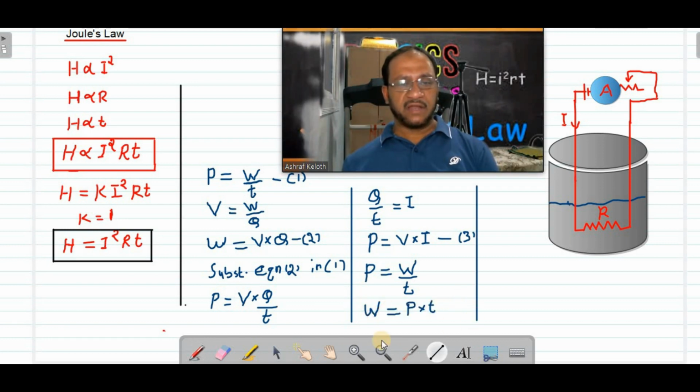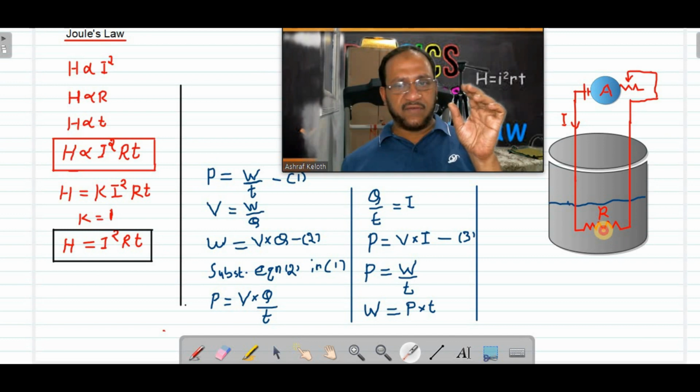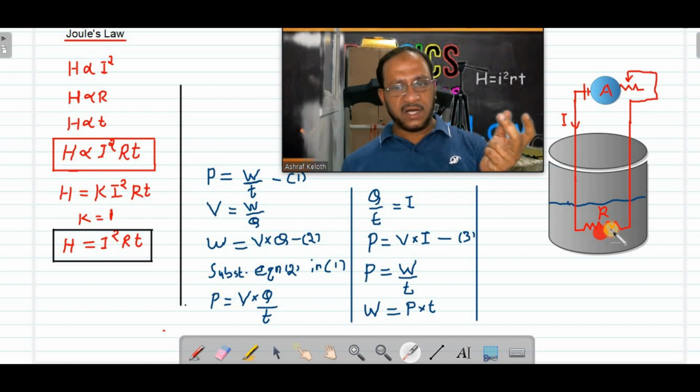In an electrical heating device, suppose for example if you take this resistor, the work done by the resistor is converted into heat energy. Heat energy is produced and that is used for heating the water, isn't it? If you take an electric bulb, the work done is converted to light energy. If you take the fan, the work done by the fan is converted into rotational kinetic energy. Electrical energy is used for working of fan, and during that time it is converting the electrical energy into rotational kinetic energy. A resistor will convert the work done into what?